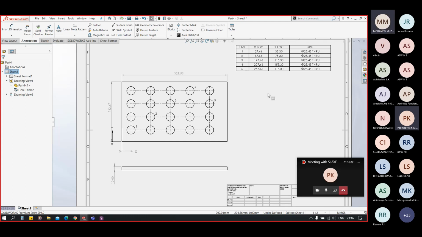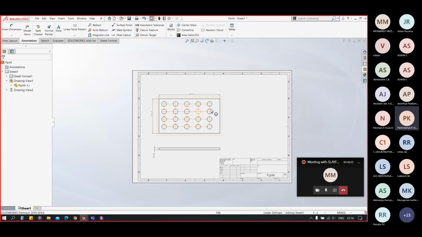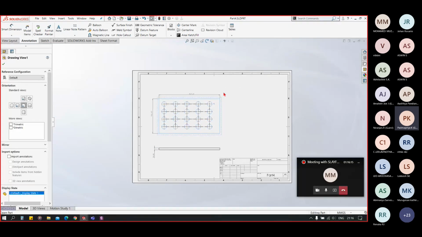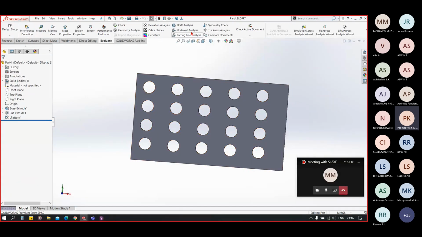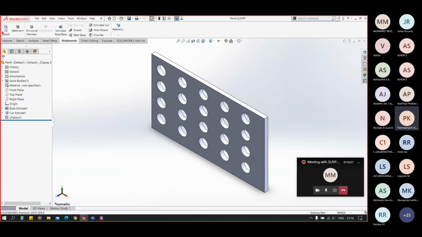So now let's see the other type of table, that is the cut list. When you have to add a cut list to your drawing, you have to enable a weldment function from the part.